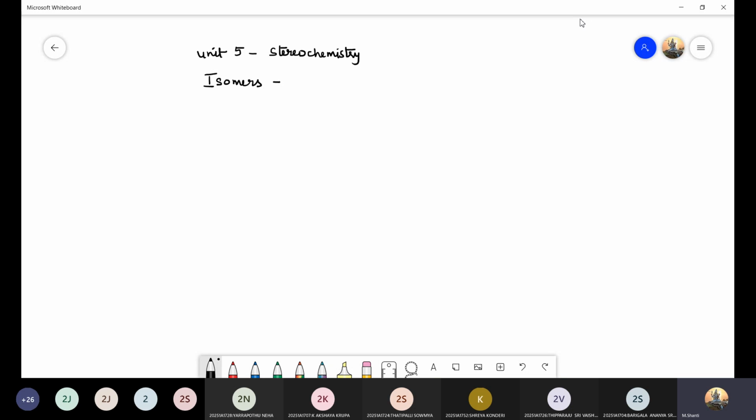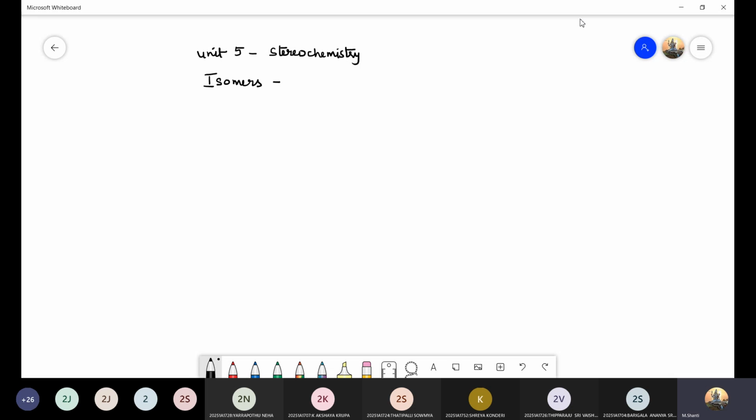Then conformational isomerism for the n-butane molecule. And an important question from this part would be that you are supposed to write about the various conformers for n-butane and then draw the energy level diagram for these various conformers of n-butane. So this is usually a repeated question, and then followed by the reactions, like you have substitution, addition reactions. Again in substitution you have nucleophilic substitution reactions, SN1, SN2, then the stereochemistry, then addition reactions following Markovnikov's addition,